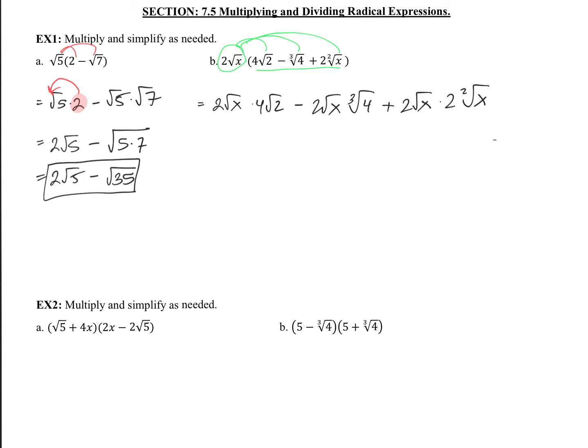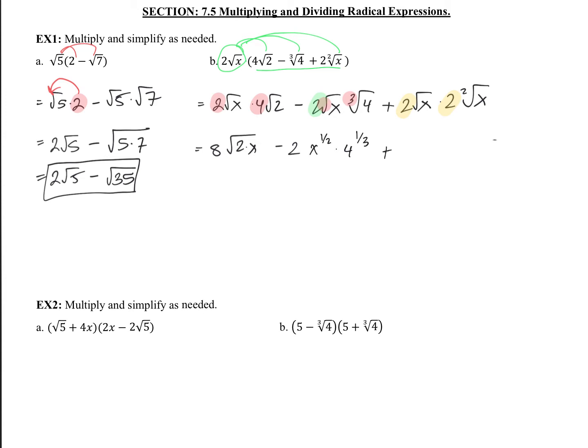Alright, let's go ahead and combine the terms. So the ones that aren't in radicals, I'll go ahead and multiply those together. And then I'll go ahead and combine the radicals. So 2 times 4 is going to be 8, and that'll be root 2 times x minus 2, and then, ooh, notice our 2 radicals have different indices. Okay, that's a square root and that's a cube root. So we're going to have to go ahead and create a common denominator for them,